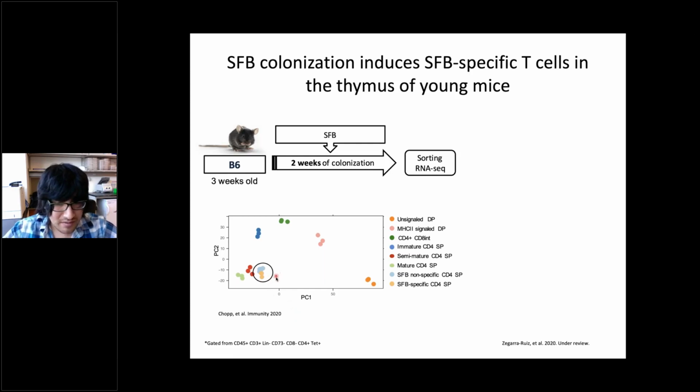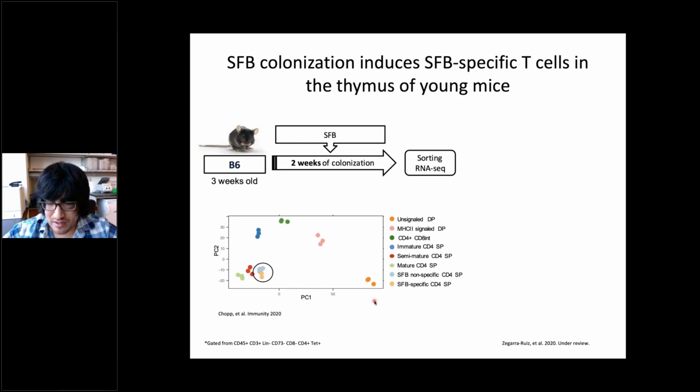So basically, this is our SFB specific population, and this is our SFB non-specific population. All of this from the thymus. I will compare these populations with a recently published study that showed different signatures according to the developmental stage of T cells in the thymus. And we can see here clearly that both our SFB specific and non-specific CD4 T cells clustered nicely with semi-mature and mature CD4 single positive cells. And they are basically transcriptionally different than immature CD4 single positive cells, intermediate cells, or signal and non-signal double positive cells, which suggests that these cells are clustering nicely with mature CD4 T cells, which are ready to be exported